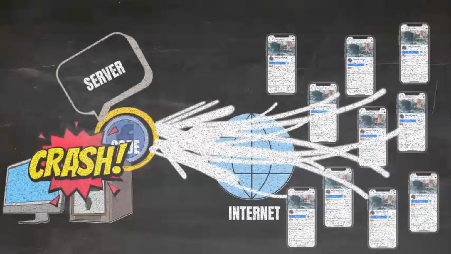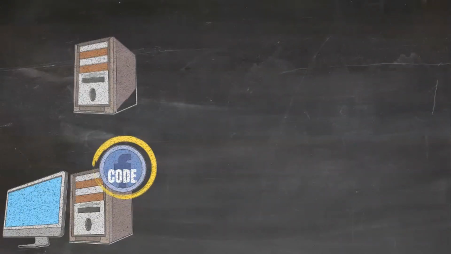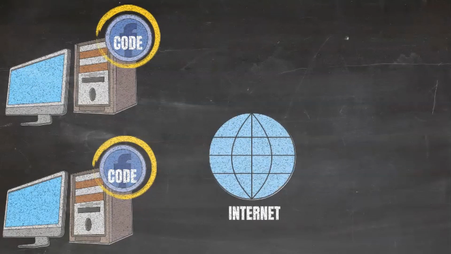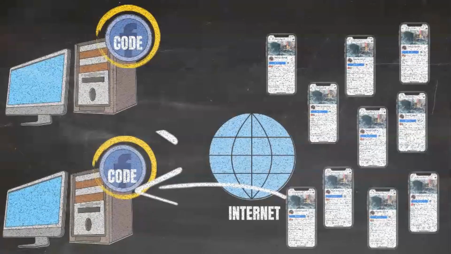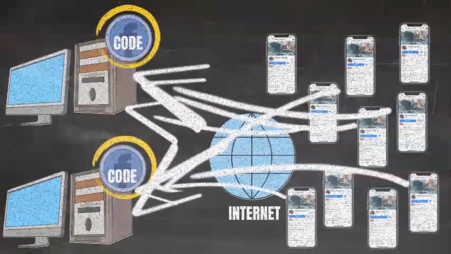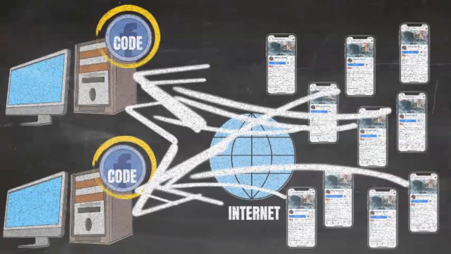So that is called a server crash. To avoid server crash, we generally have multiple servers running in parallel, so that depending upon from where the request is coming, or depending upon the load on a particular machine, the request will get diverted to various other machines. As you can see, some requests are coming to the machine which is at the bottom, some are going to the server machine which is at the top. So this way the